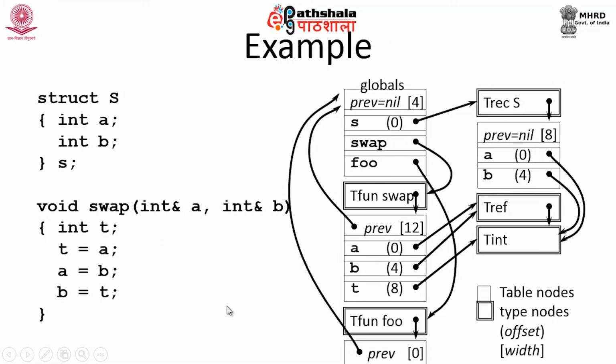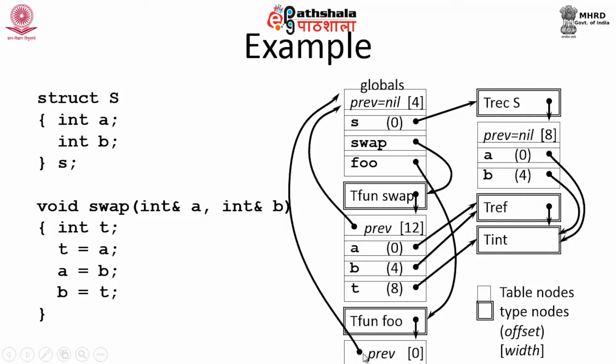So, let us take this example. This is one function, where I have previous equal to nil, meaning that previous is the address of the previously called symbol table, and it is nil for the main function because that is the first table which is getting created. And there is one more function here called swap, where I will have information as A, B and T, all these three are variables pertaining to this particular symbol table, and this is pointing to the global symbol table. This is the new symbol table and it points to the previous symbol table.